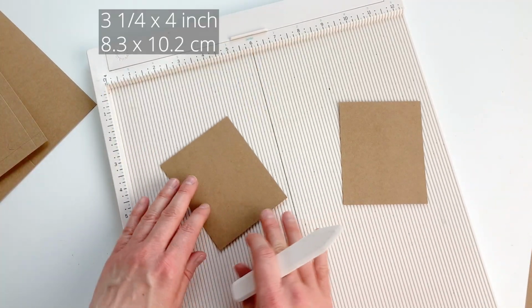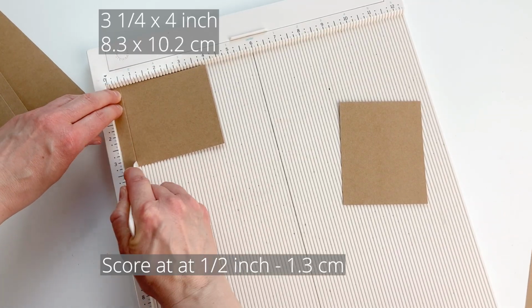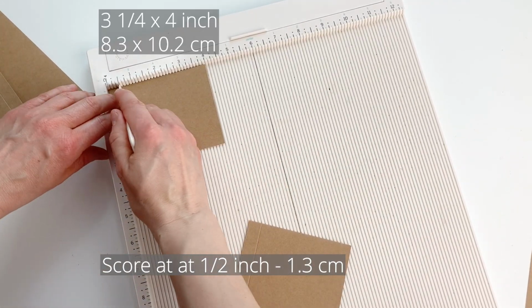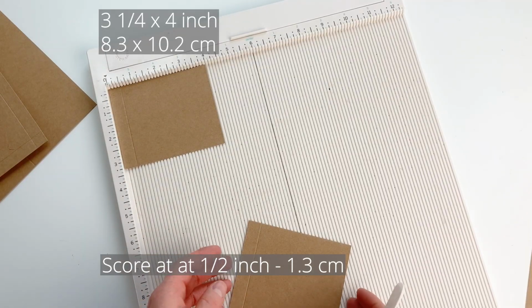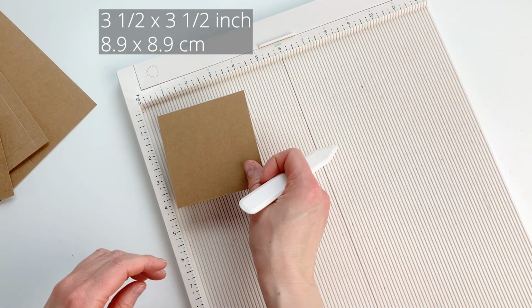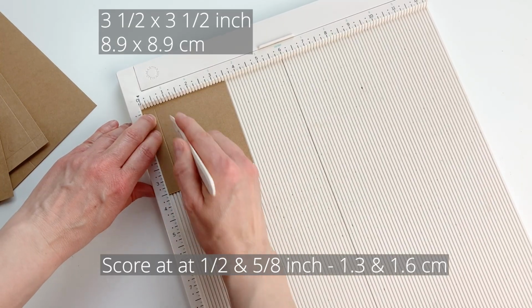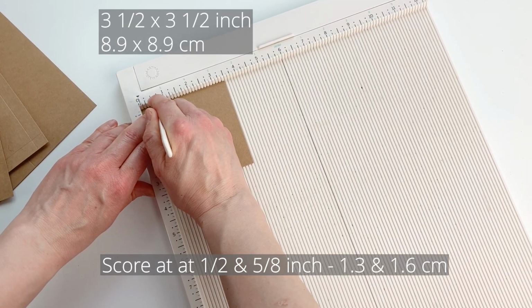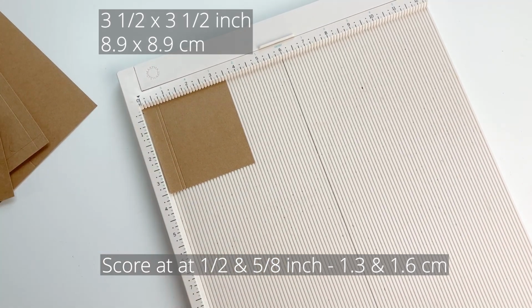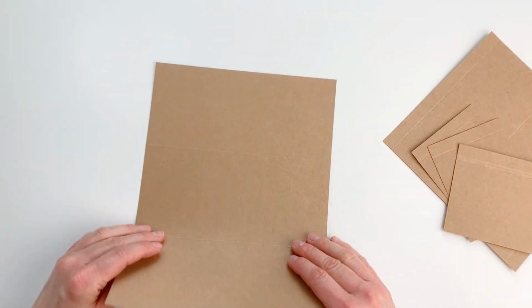These 2 pieces are going to be the inner flaps, and I'm just going to score them on one side, like this, at 1/2 inch. And the last piece is the closure flap, and I'm just going to score that at 1/2 inch, and also 1/8 of an inch further at 5/8 of an inch. So let's start with the big